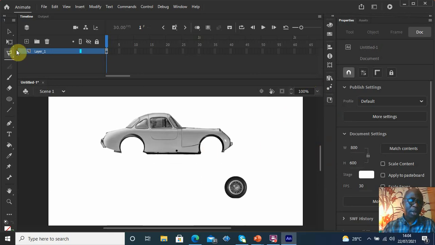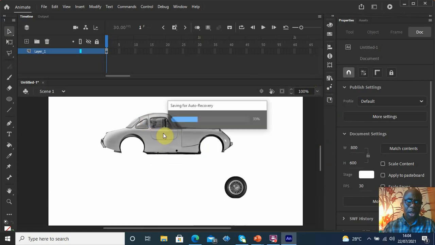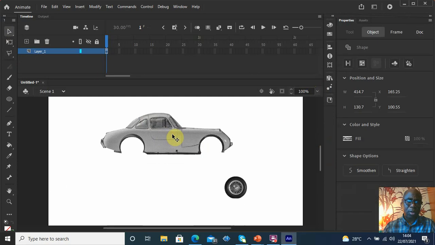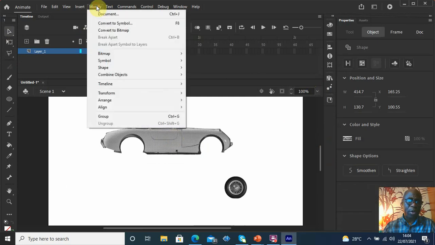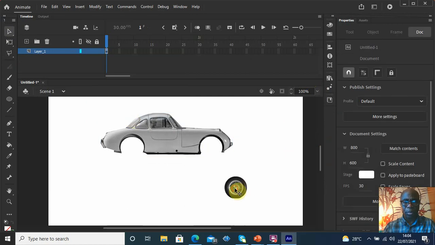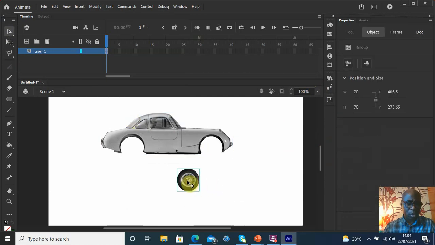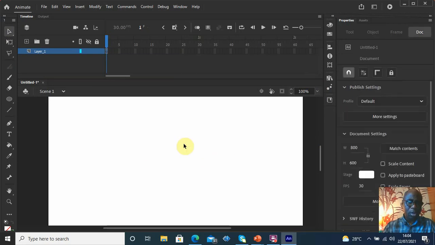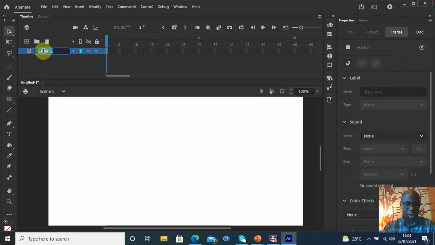But please remember that this car was initially broken apart. So what I have to do is regroup it, click on it, go to Modify, and then make sure you group it back like that. Okay, so what I'm going to do right now, I'm going to click on the wheel, click on the car, cut it. Let me name this as the car,